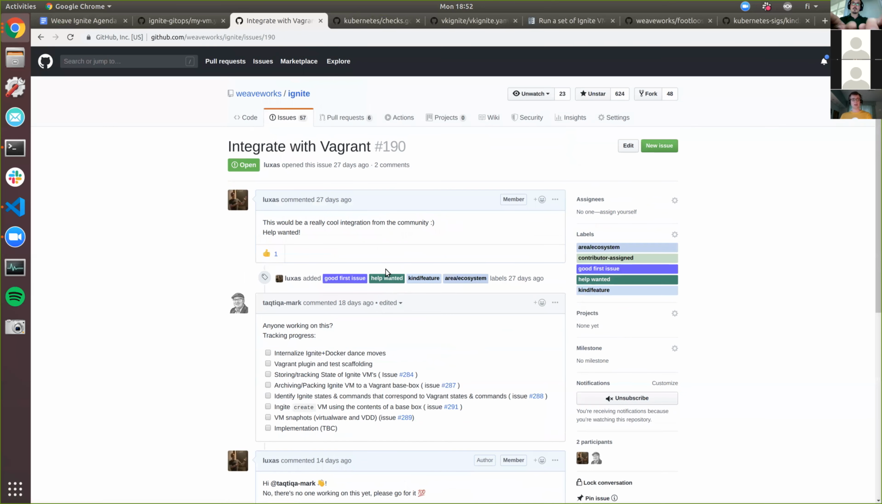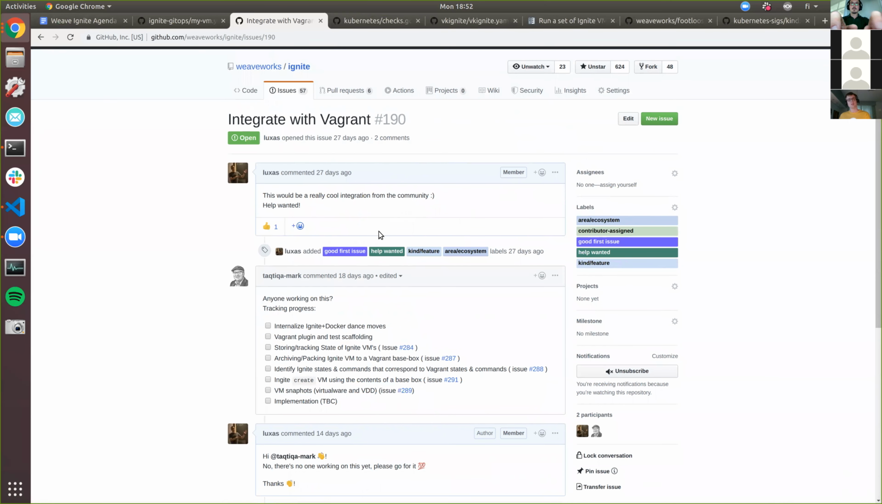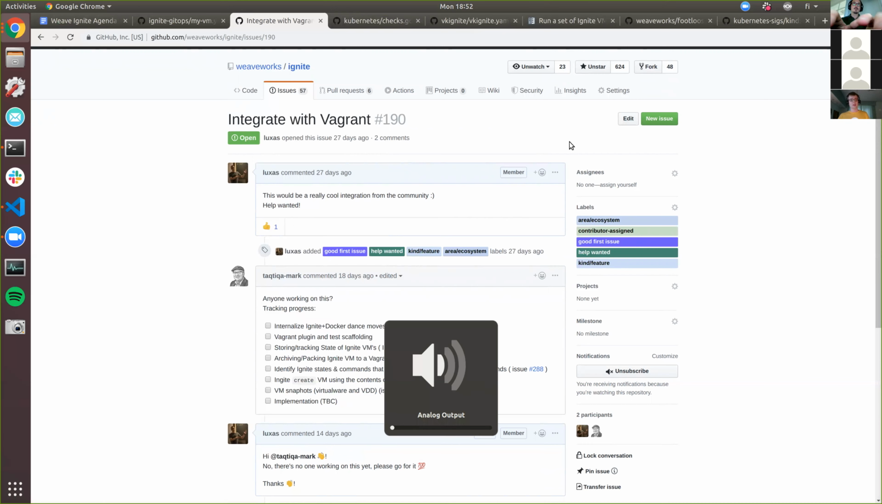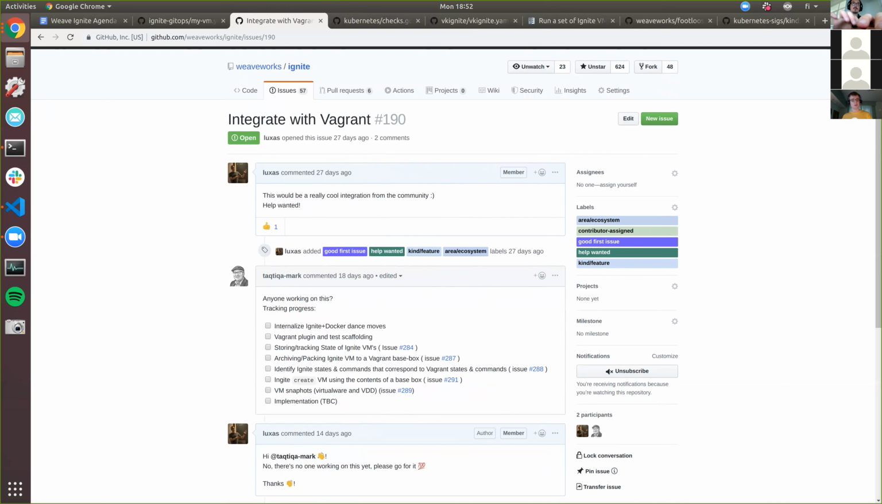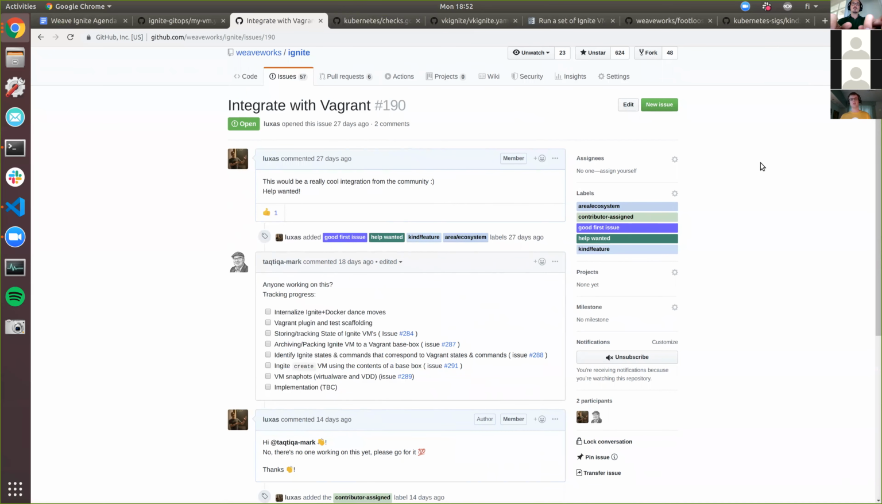And here, yeah, this is a good issue with Ignite with Vagrant. We're also collecting various features that the community wants to see in Ignite. So here's, for example, Vagrant integration. Go ahead and comment and add your suggestions. Do you want to see this feature? Would this be useful? And then also,